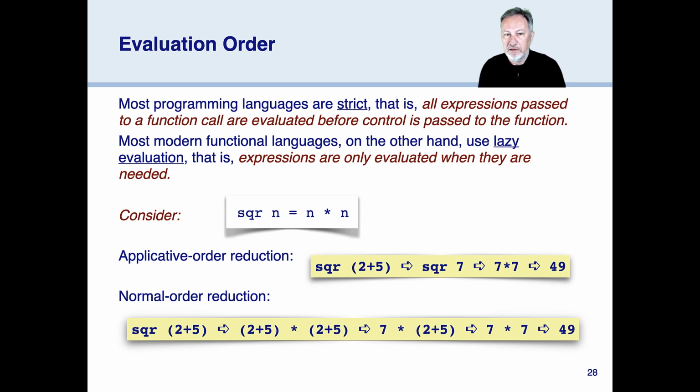The next important topic is that of evaluation order. Recall from our discussion of functional programming languages that most languages are strict. So a strict language says that the expressions passed into a function call are evaluated before you start evaluating the function. So in Java, if I apply method f to the argument 3 plus 4, well then 3 plus 4 is going to be evaluated first, strictly, giving us a 7, and then the 7 is going to be passed